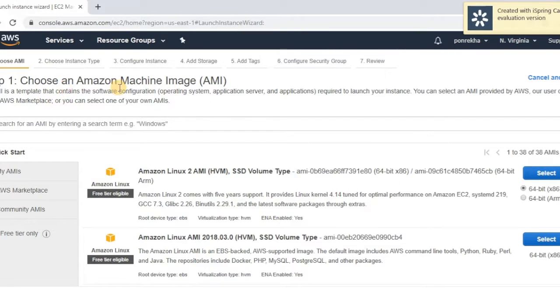Step 1. Choose an AMI. It is a template that contains the software configuration such as operating system, application server, and applications which is required to launch your instance. Amazon EC2 allows you to compute through the launching of virtual servers called instances. When you launch an instance, you can make use of the compute as you wish, just as you would with